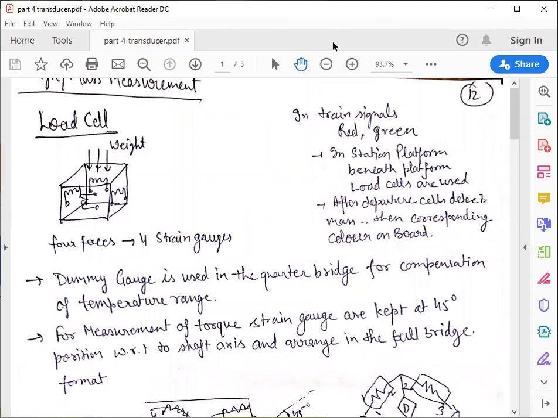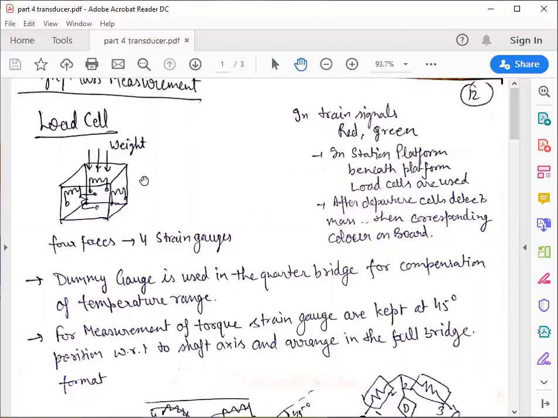Now this is our lecture 4 for Transducer Unit 7, and in this lecture we will discuss the load cell, which is basically an application of the strain gauge. In the previous lecture we discussed the strain gauge. In this lecture we will discuss the load cell. Load cell is basically a type of application of the